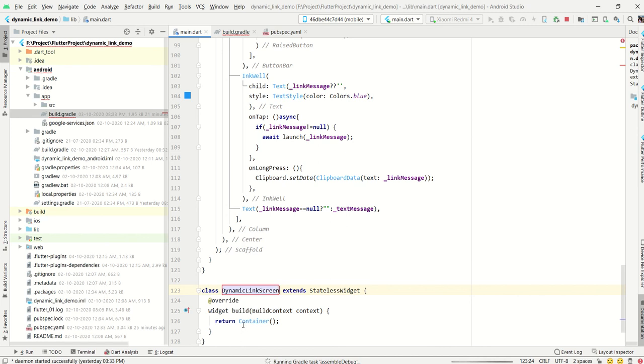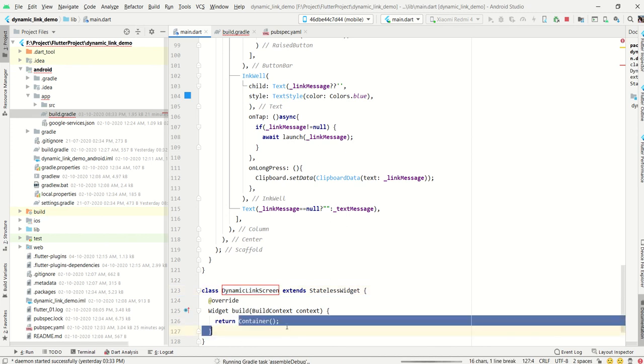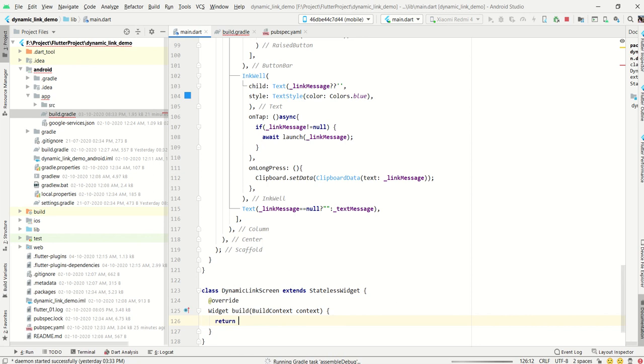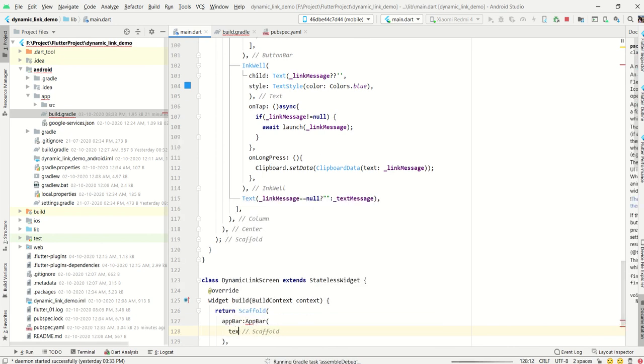Okay, and then inside it I just take one scaffold, inside it app bar, I just write app bar is there. I just try to go fast because this video is already long.